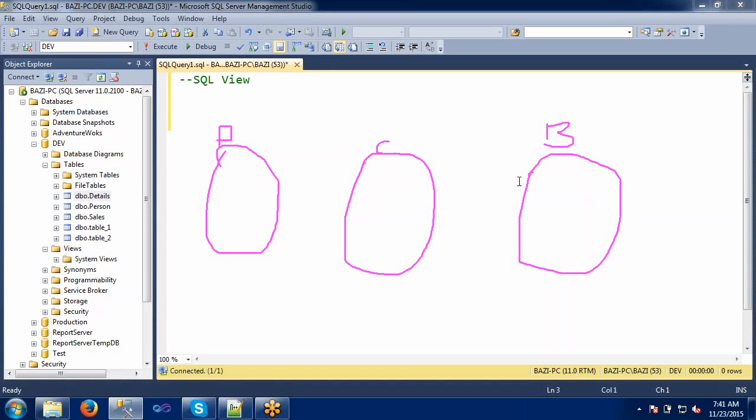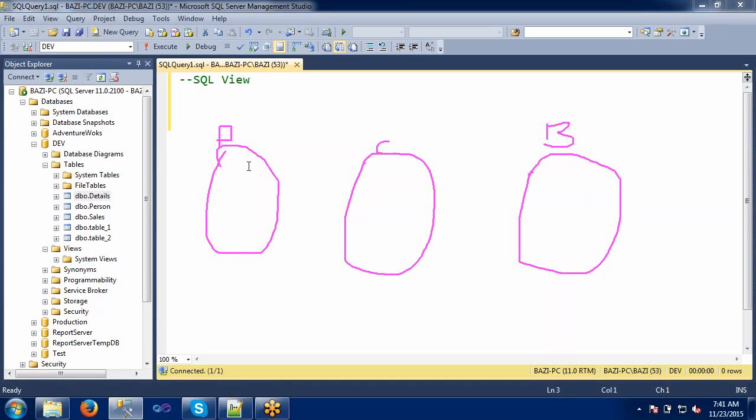So in these tables, I am going to use one view here. How I am going to use this view is I will take a few columns from this, a few columns from this, and a few columns from this. A view is generally a collection of data from different tables, so the same thing I am applying here also.